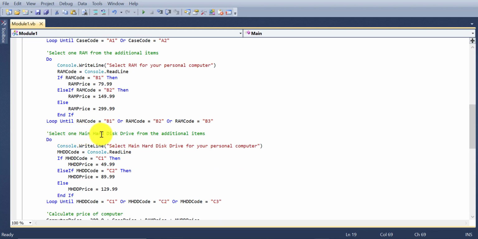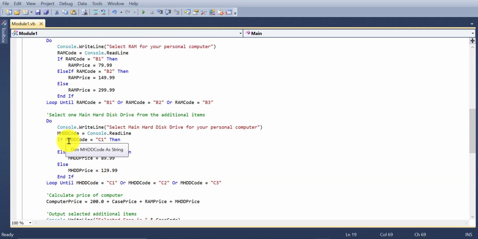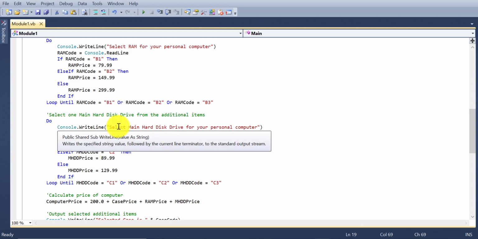Same process will be followed for main hard disk drive. Main hard disk drive has also three codes: C1, C2, or C3, and only one of these three MHDD codes will be selected. So firstly, I have shown the message to select main hard disk drive for your personal computer.